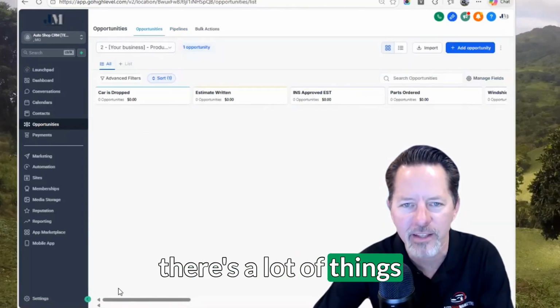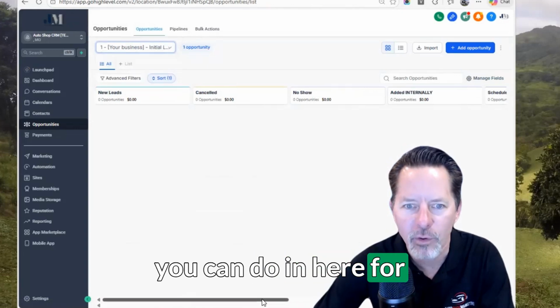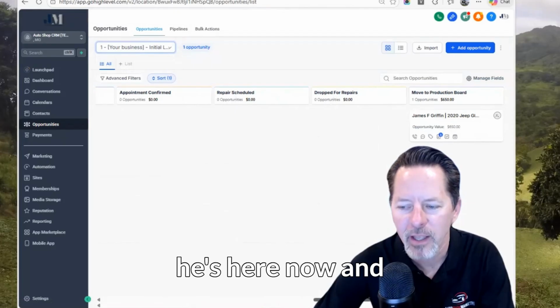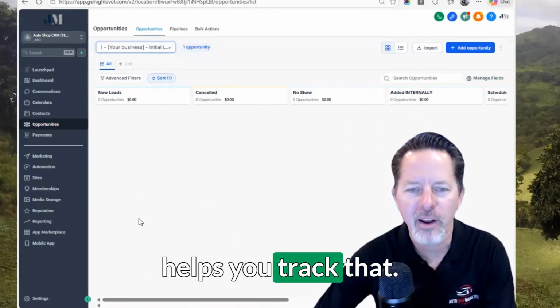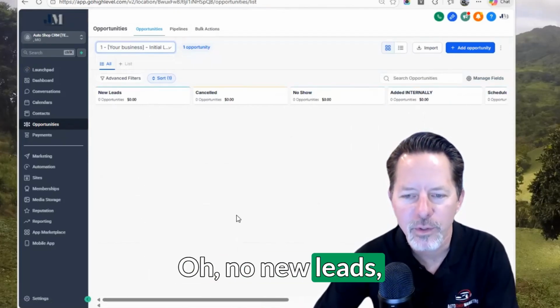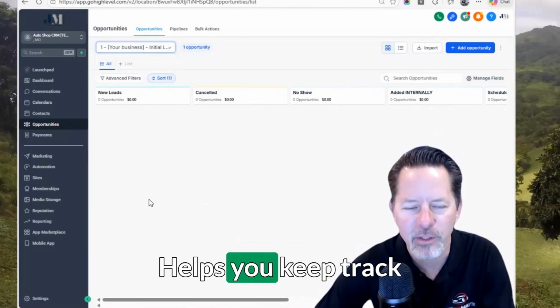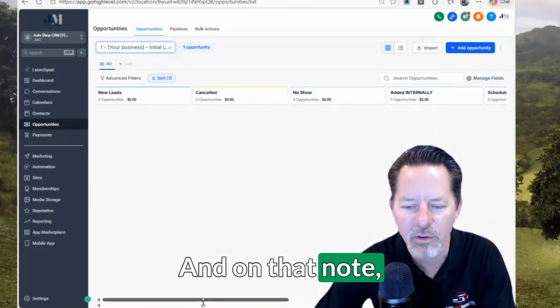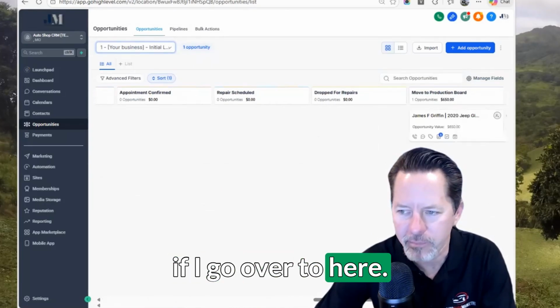And once again, there's a lot of things you can do in here for this particular lead. But as you can see, he's here now. And the major piece is this helps you track that, oh, no new leads. They're all moved out. Helps you keep track of them, helps you text and email them. And on that note, if I go over to here